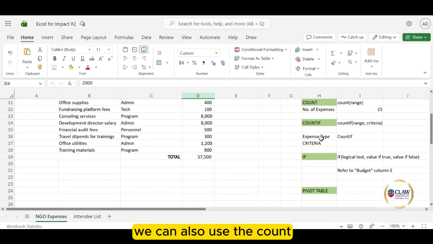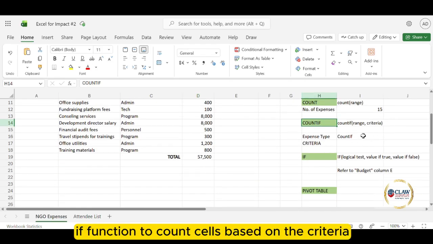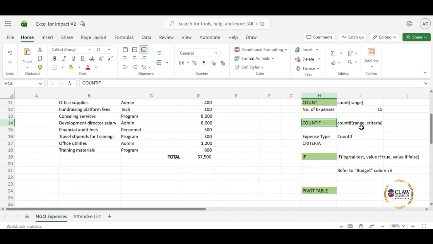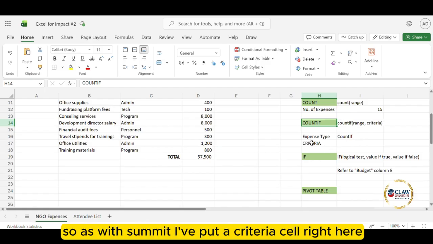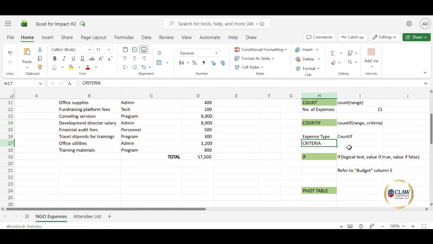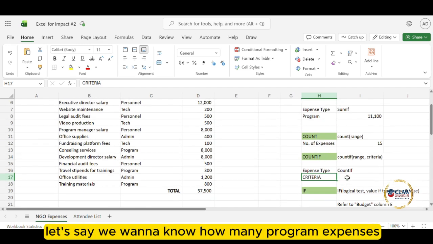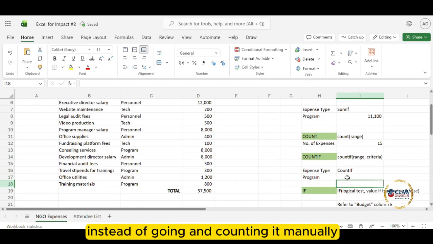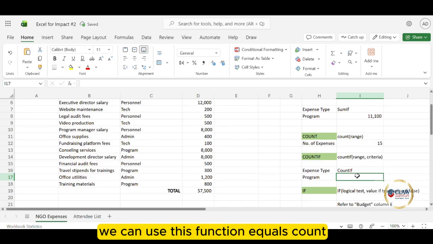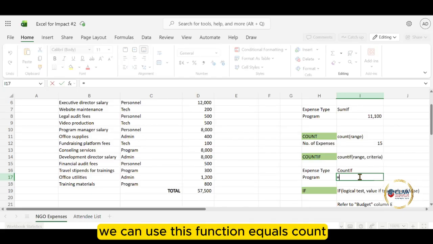We can also use the COUNTIF function to count cells based on a criteria. As with SUMIF, I've put a criteria cell right here. Let's say we want to know how many program expenses we have in this table. Instead of going and counting it manually, we can use this function, equals COUNT